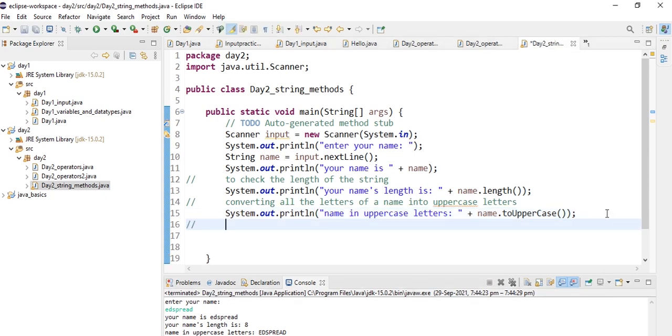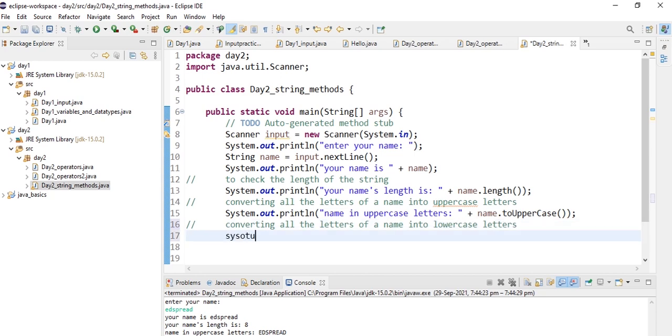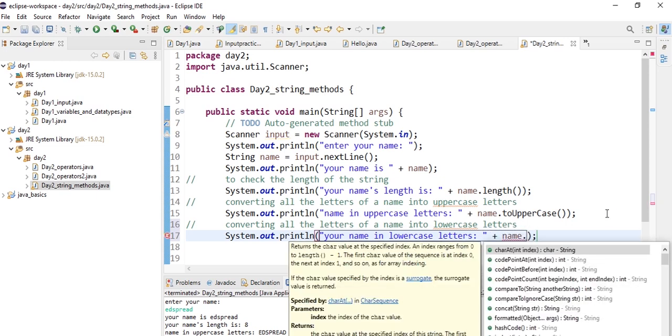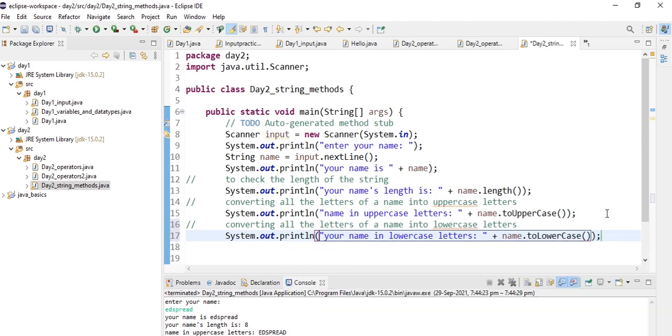Now let's learn how to convert into lowercase. And let's invoke the toLowerCase method and let's print this.